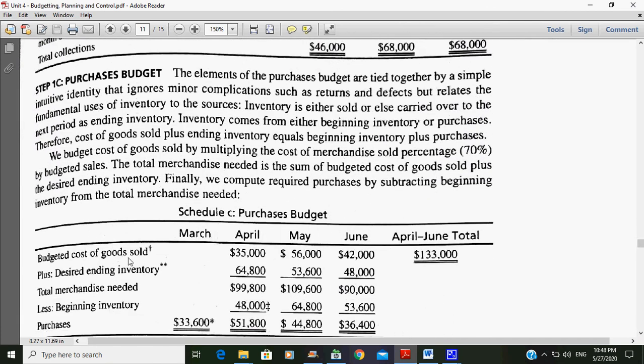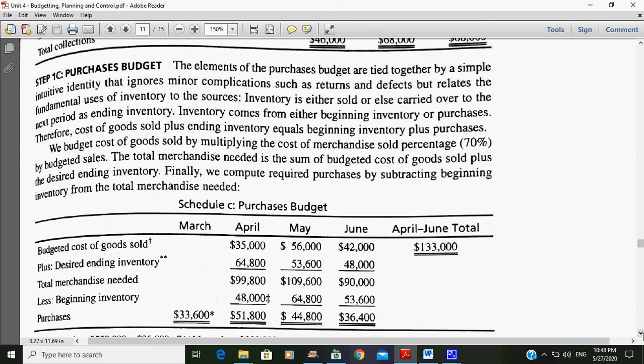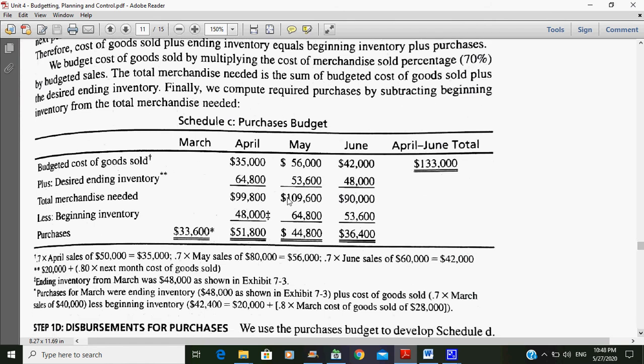Alright. Now there is a plus desired ending inventory. How did you get desired ending inventory? Let's look at it now. To get desired ending inventory is really 20,000 plus 80% of the next month cost of goods sold. Watch this. So to get 64,800 is really 20,000